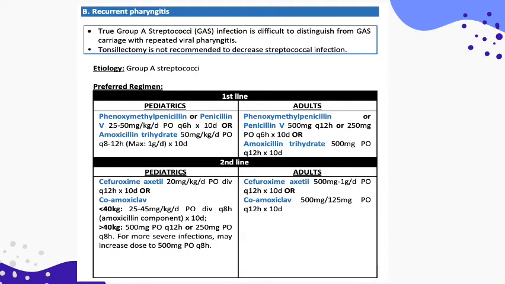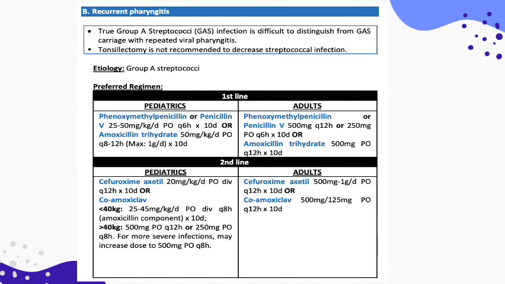For recurrent pharyngitis, the agent will remain to be group A streptococci. True group A streptococci can be difficult to distinguish from the carrier states with repeated viral pharyngitis. But again, if we apply the same criteria, we will be able to distinguish the bacterial etiology. The treatment of choice will not be different, and phenoxymethyl penicillin or penicillin V and broad spectrum amoxicillin will